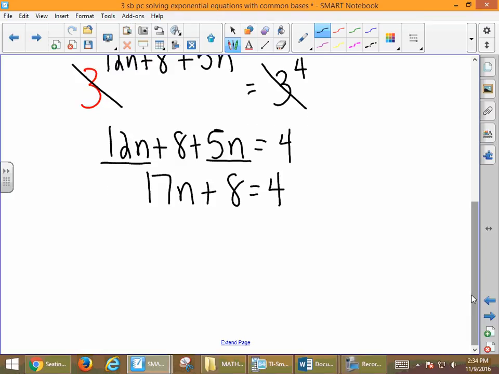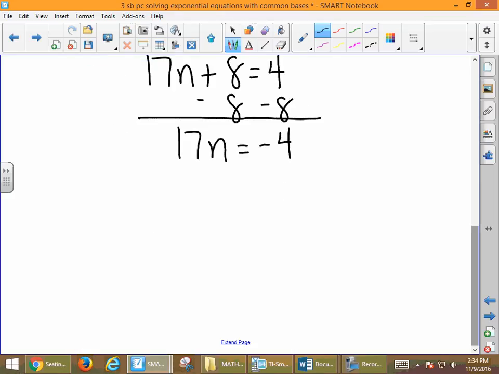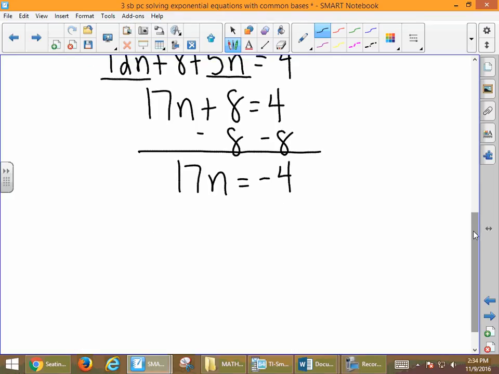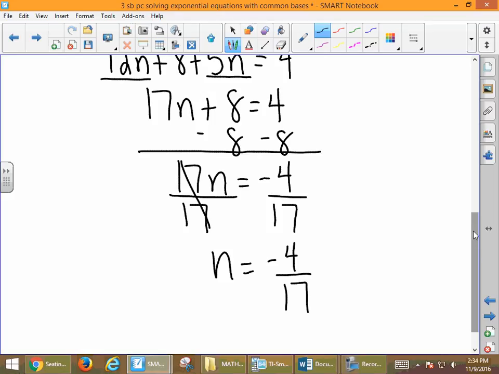Subtract 8 from both sides, and we get 17n equals negative 4. And finally, 17 times n, our inverse operation is to divide, and we end up with n equals negative 4/17, which we could type back into our calculator and check our work. We could verify that it does truly work out